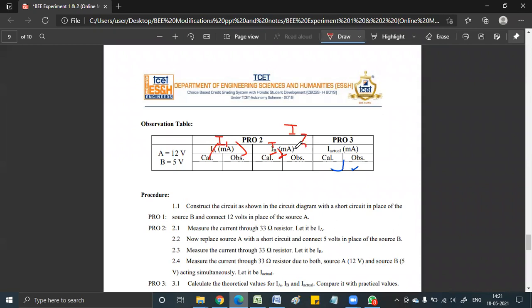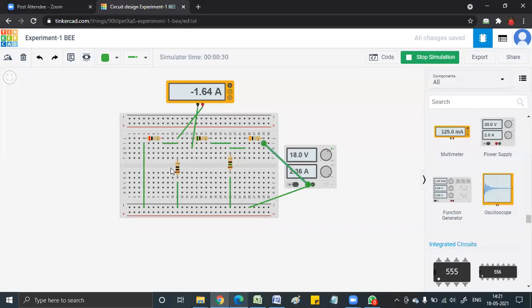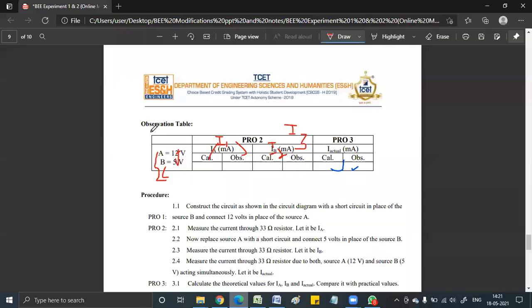Ma'am, also there will be a change, no? A equals 12 volt, B equals 5, C equals 18 volt. तो हमारा इसमें क्या होगा चेंज? अभी हमारा पहला सोर्स क्या था? 10 वोल्ट्स था ना. हाँ, तो हमारा आएगा 10, फिर आएगा 5, फिर आएगा 18. तो ये भी चेंज होगा, हमारा ABC आएगा. तो आपको समझ में आ रहा है ना क्या करना है? मैम चेंज करना है, खाली इसमें एक ऐड ऑन करना है, C is equal to 18 volt. नहीं, change 12 थोड़ी था हमारा, हमारा पहला सोर्स 10 वोल्ट था, फिर 5 वोल्ट था, फिर 18 वोल्ट था, तो वो लिखना है.